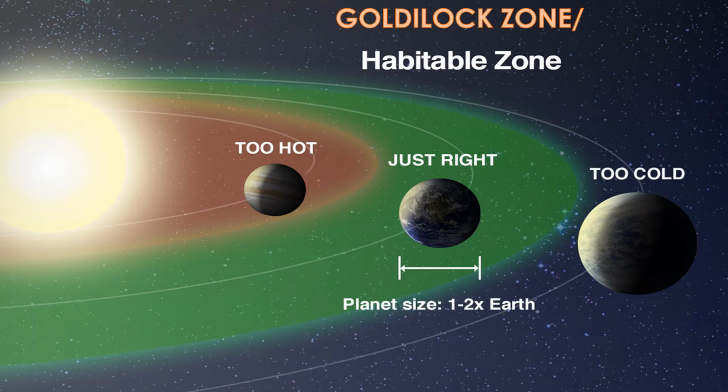Alam natin na ang Earth is nasa Milky Way galaxy. There are about 1 billion planets. However, only the Earth is habitable. Other planets may be too hot or too cold for us. They may also be too big or too small. The habitable zone, or also called Goldilocks zone, is the area around a star where it is not too hot and not too cold for liquid water to exist on the surface of surrounding planets.